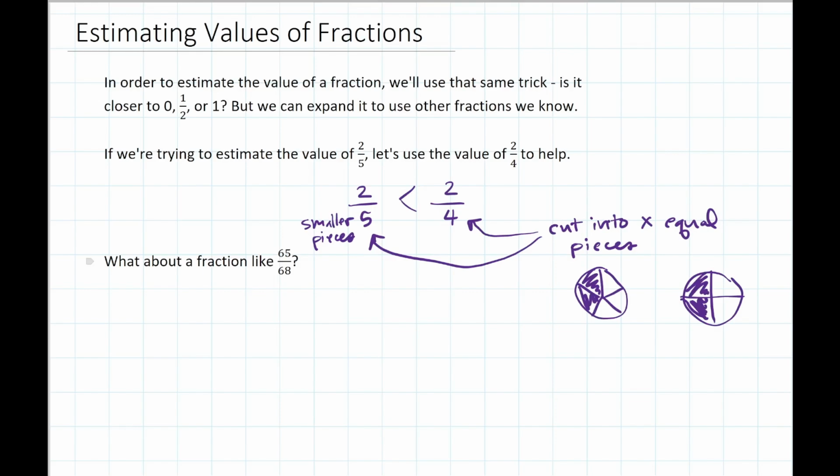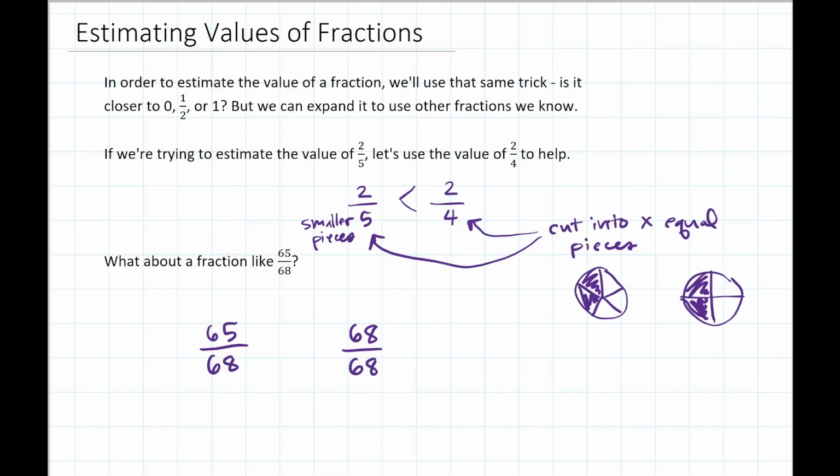And now, what if we have a crazy fraction like this guy? 65/68. So when we have that, and we're trying to compare to figure out what this is, you might not have a ton of, you're not familiar with like what a 70th looks like or a 64th looks like. I'm not, but there is a fraction I know, and I know well, that I can use to compare. And it is